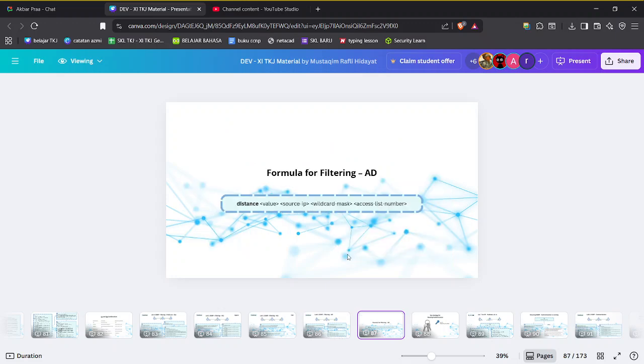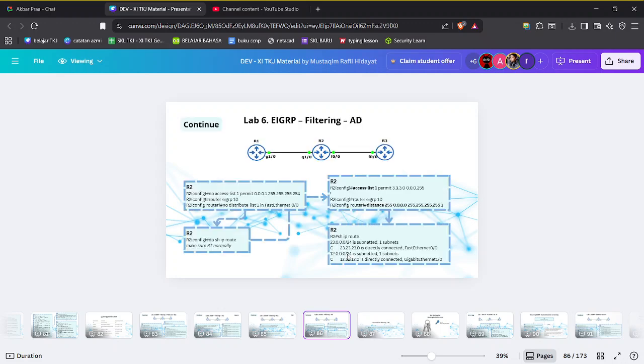And the next is the formula for filtering addressing. For the first is the distance. For the distance, you have to put the value and the source IP address, or where it is coming from, and you have to put the wildcard mask, or the subnet mask, and the access list number. Like here, access list number.